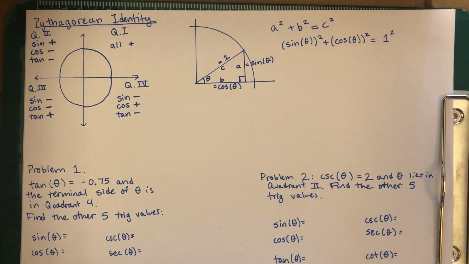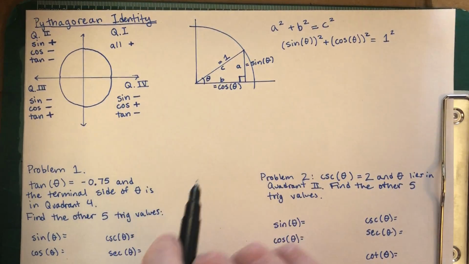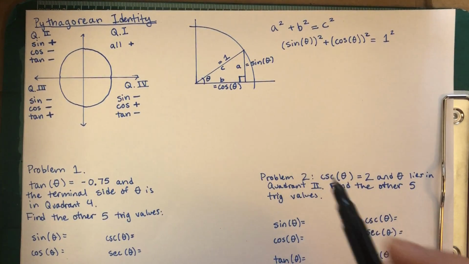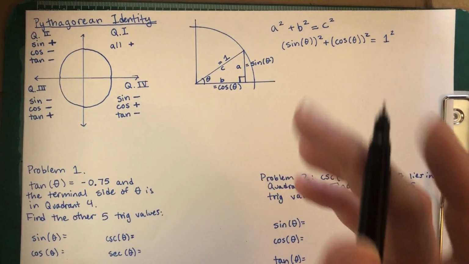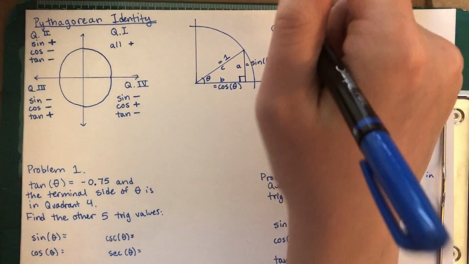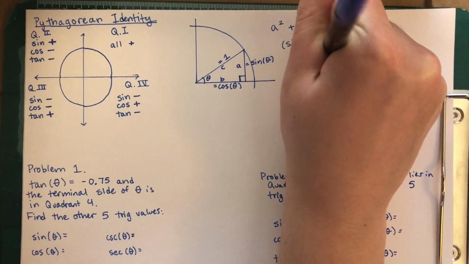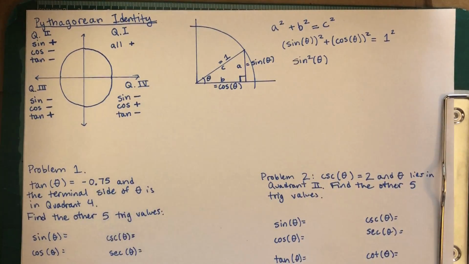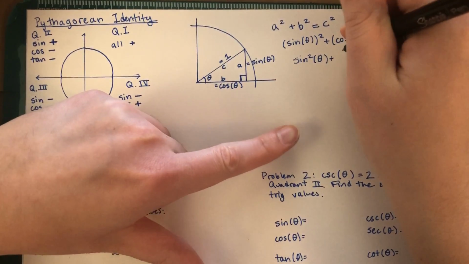But let's clean up this equation a little bit. So I've got a lot of parentheses here, and it turns out that raising the sine or cosine to an exponent is something that we want to do pretty often, especially squaring it. So there's just a convention, meaning it's just a way that people normally write it, to just write this as this, and to just put the exponent right on the word sine, basically. And this means the exact same thing. It means find the sine of theta and then square that value. So it's a little bit weird